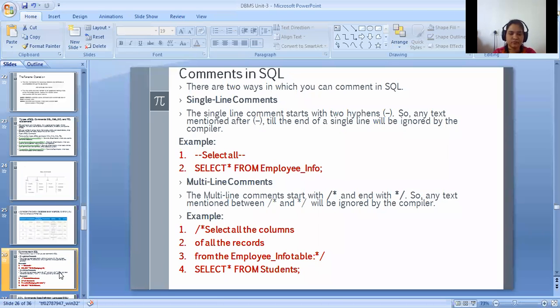See, first of all, in C language also you write comments, and in SQL in the first one. What's the purpose of the comments? Anyone knows?